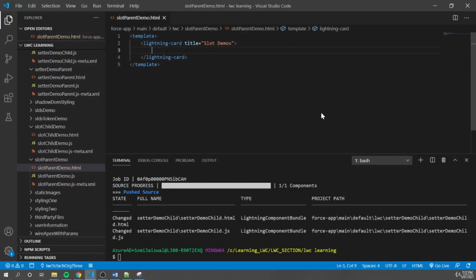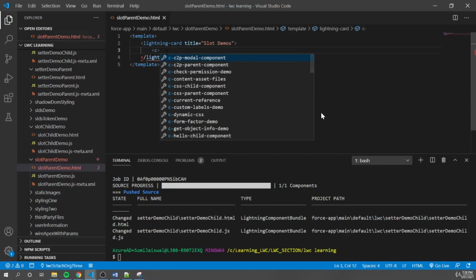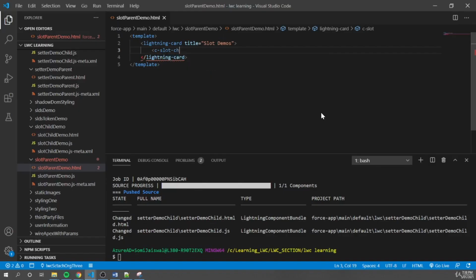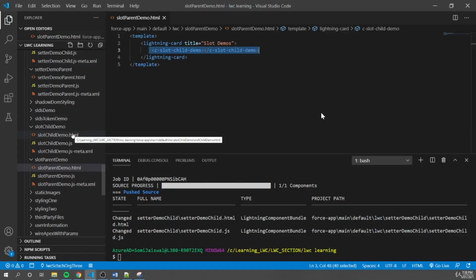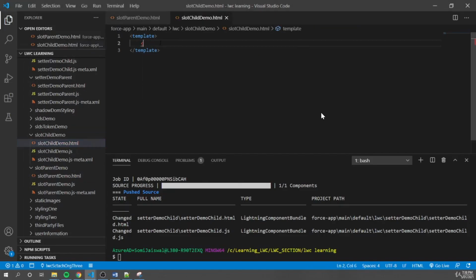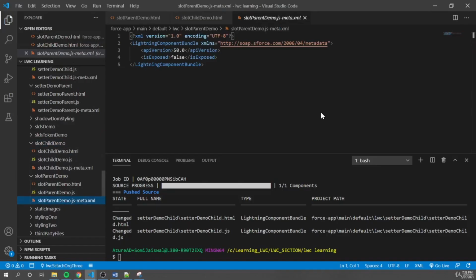And within this, we're going to embed our child component, that is c-slot-child-demo. The component has been embedded in the parent component. Let's add some text to the child component. We'll say, hey, I am child,